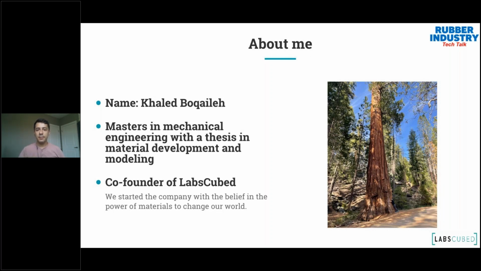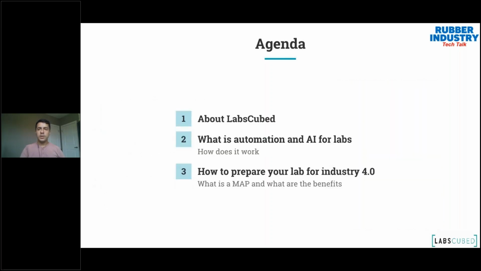But I also realized that making materials is a really difficult, long process, whatever material you're making. And so we started a company around that thesis, which is that if we can improve the way that materials are made and speed up that process, we can really help to change the world in a better way. And so that's the main reason that we started the company. We started it about 6 years ago, just to give everyone a bit of a reference.